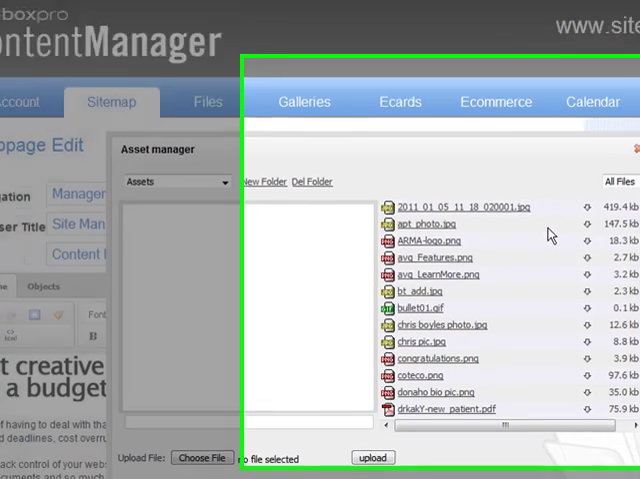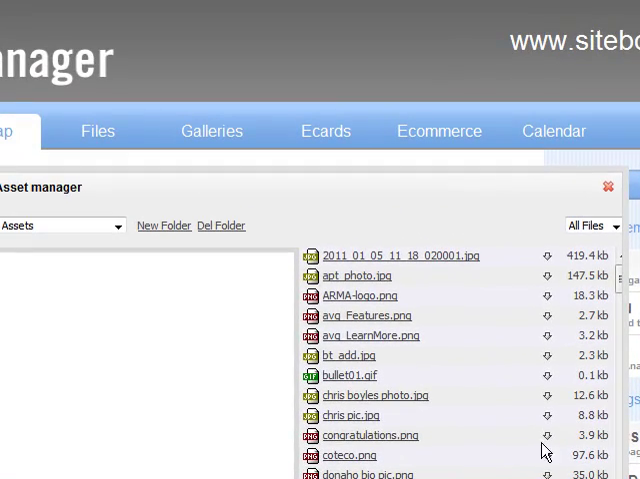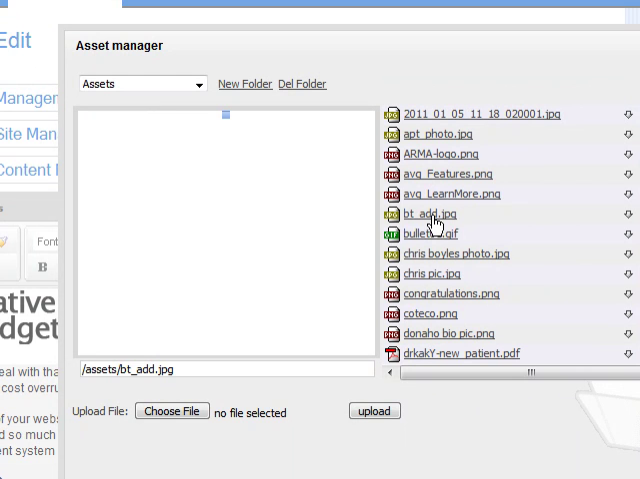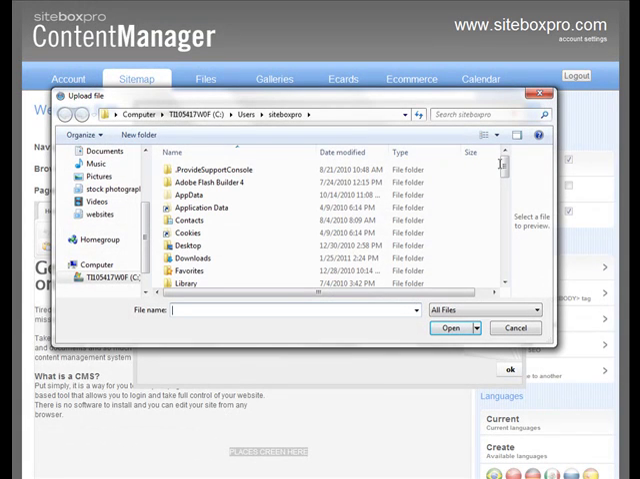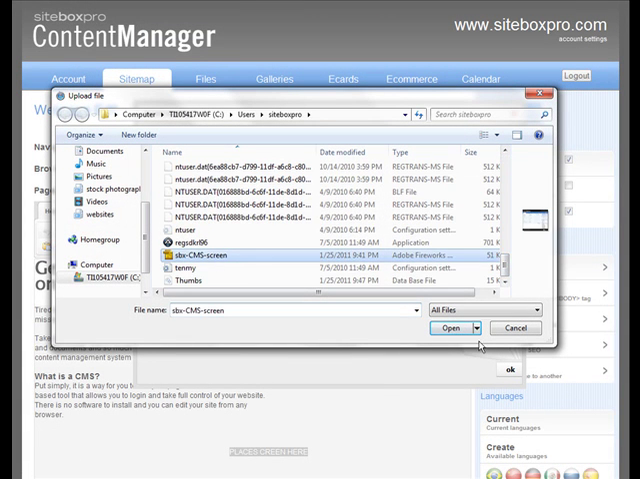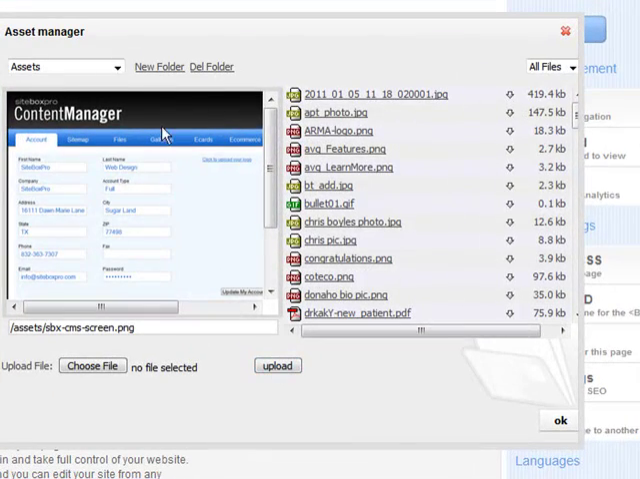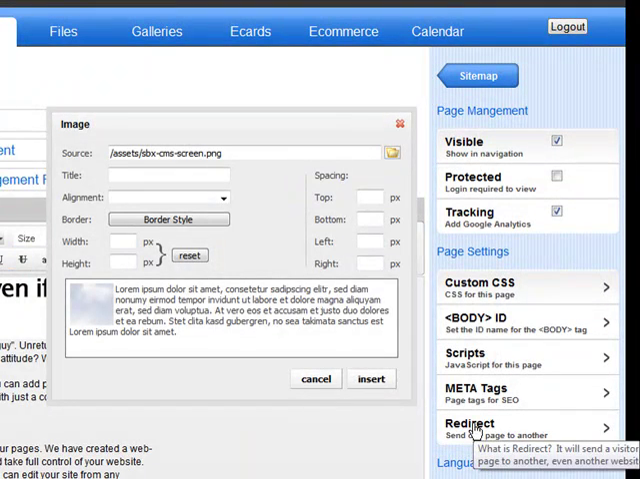Click the folder or browse icon, and you have two options. One, you can use an existing image that you've already uploaded, or you can choose to upload a new file. In our case, we're going to upload a new file. I'm going to browse to it on our hard drive, and we're going to click Open and Upload. And we'll get a preview here, and we can say OK, which brings us back out to the Image Properties